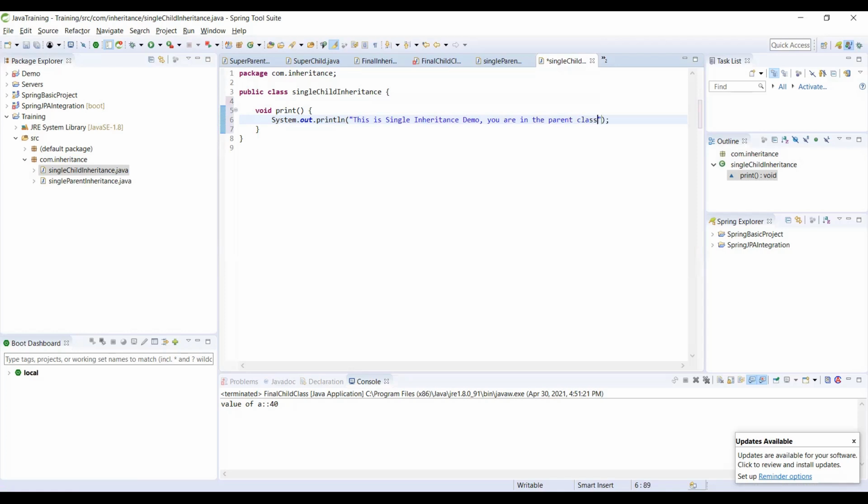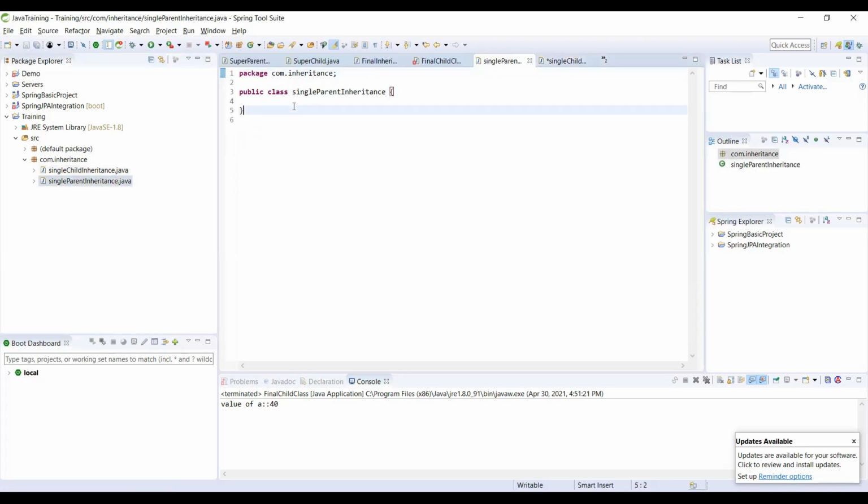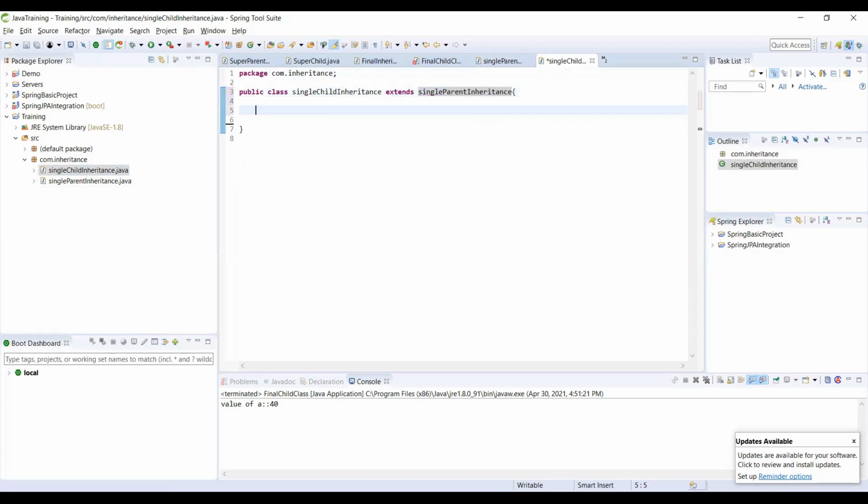So I have my parent class here, and this is the child class. Now what I'm doing is I am trying to extend, so create inheritance between these two classes. Now I will have my main method,